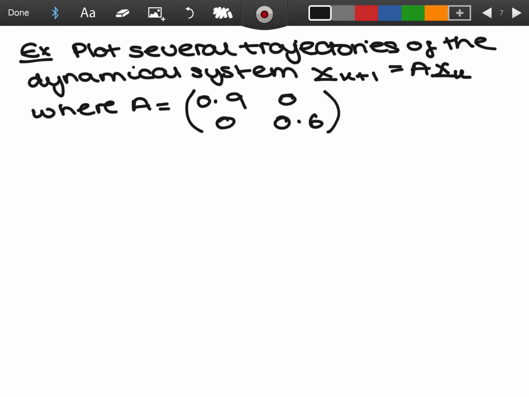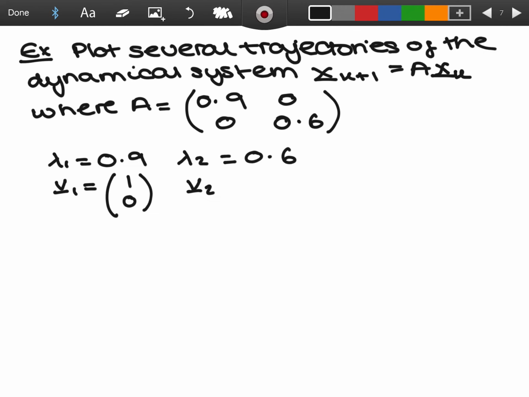As I said, it's really, really easy for this one. The eigenvalues are going to be those entries on the diagonal. And the eigenvectors, you can go ahead and prove this if you want and do it exactly as we've done before. Those are the two eigenvectors,